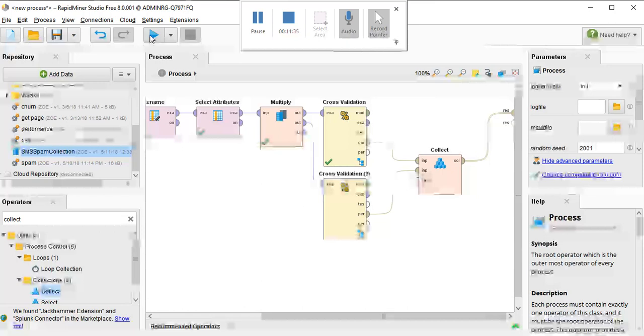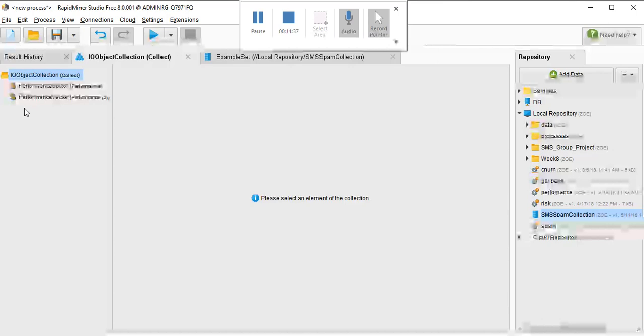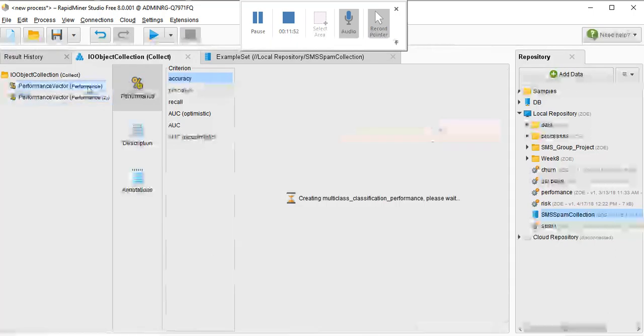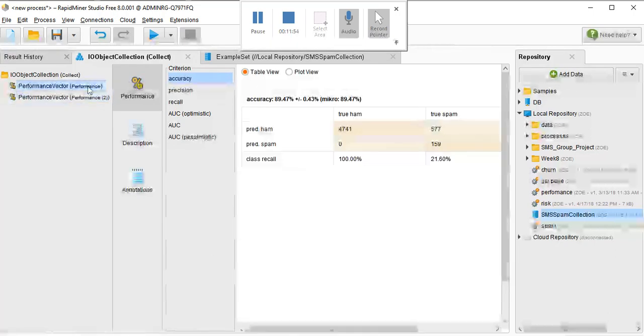And then when we play it, we can easily compare. So as we can see, that's performance 1, performance 2. Performance 1 was for the naive Bayes, and performance 2 was for the decision tree. Performance 2 is yielding 86.56 accuracy, while the naive Bayes was yielding 89.47 accuracy. So we can see a sudden drop in accuracy all of a sudden because of the different classifiers that are